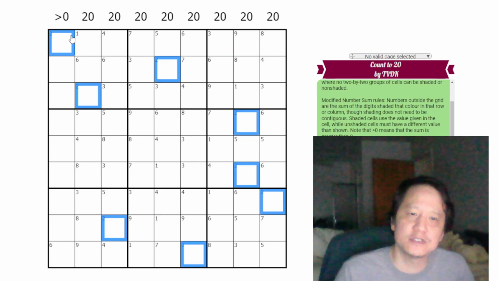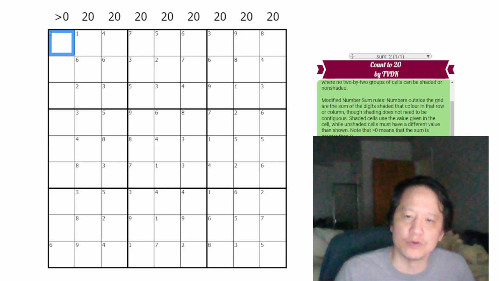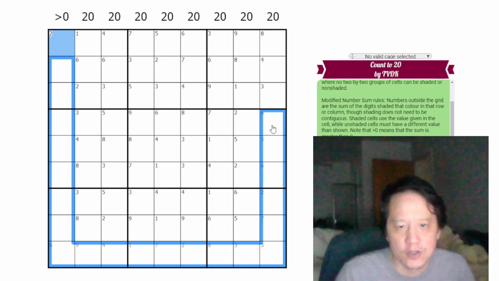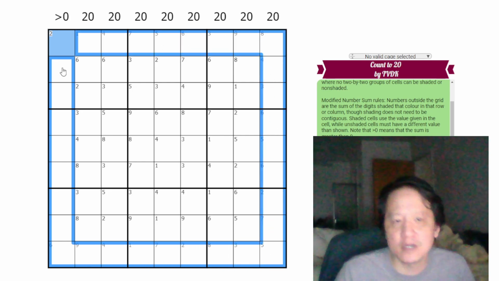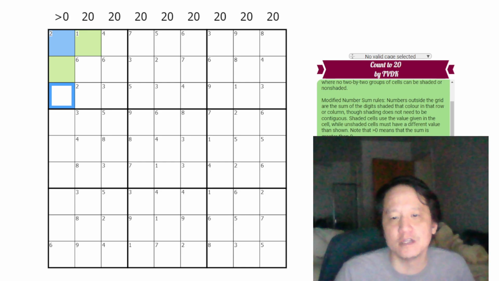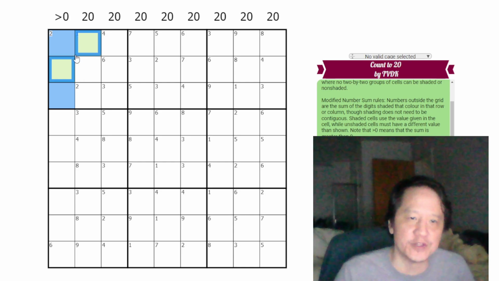So okay, let's just say that this was blue. This was shaded, right? If this is unshaded and this is unshaded, that means the rest of this would have to be unshaded, right? Because the problem is, so say these were unshaded, right? Say we had a shaded version here. Well, okay, so first of all, this can't work because,